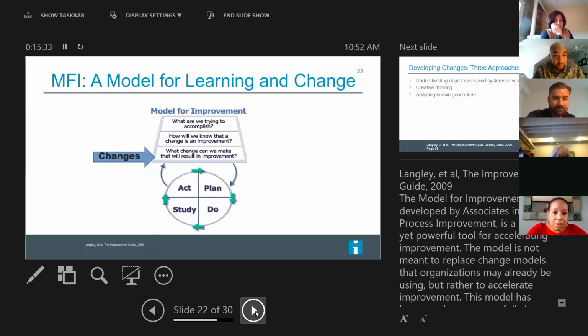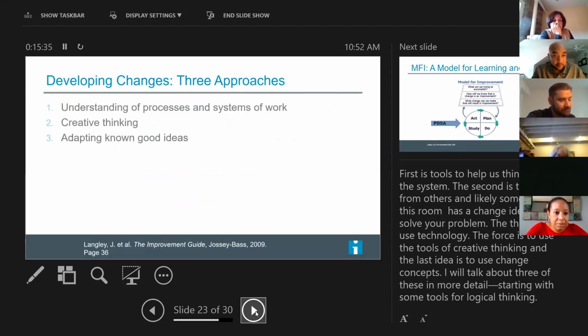Those are our measures. On changes, there's a lot of ways you can develop changes. How do we come up with good ideas to actually test in our work? So you can do things like driver diagrams that help us understand the process and system of our work. You can do creative thinking, and then you can adapt known good ideas. And known good ideas could be other people's driver diagrams, the evidence that's out there, but it could also be learning from each other, right? What is South Carolina doing? What is New Jersey doing? How do I actually make sure that I learn from the people in this cohort